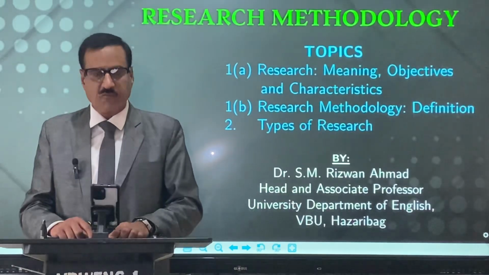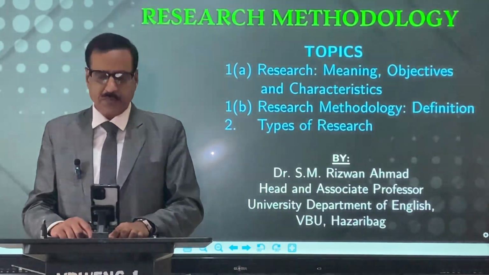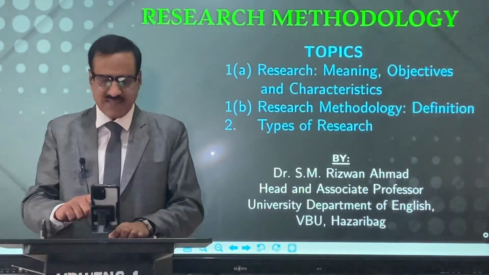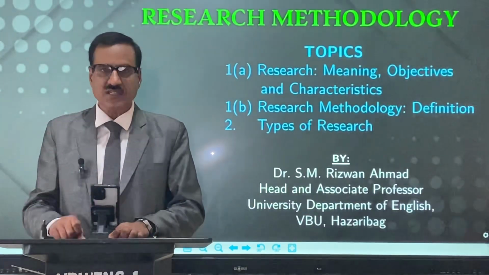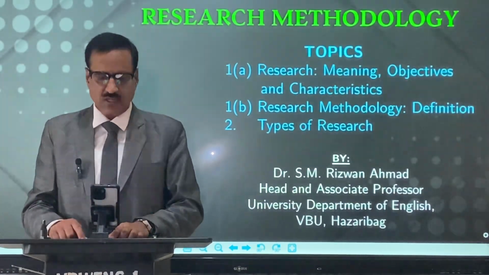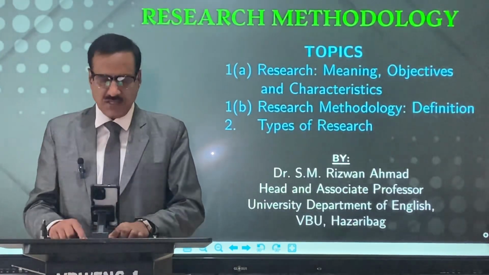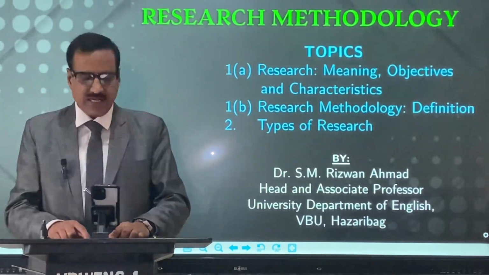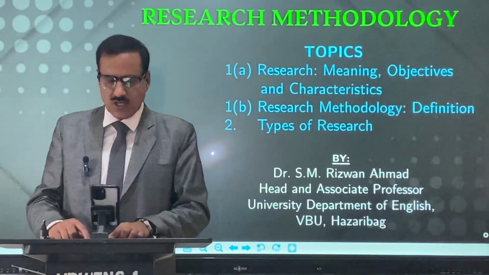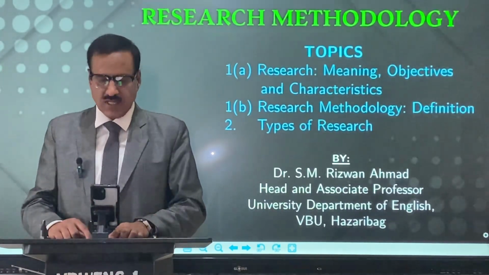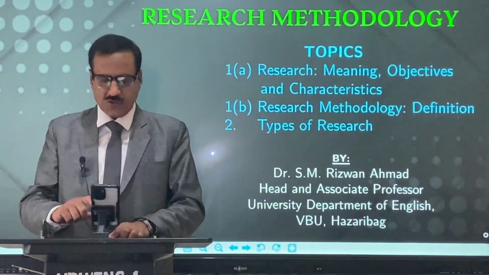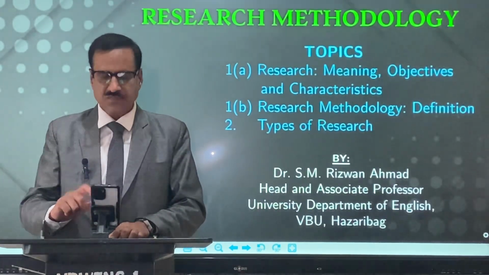Research is a process of collecting, analyzing and interpreting information to answer questions. But to qualify as research, the process must have certain characteristics. The first one, it must be systematic. Systematic implies that the procedure adopted to undertake an investigation follows a certain logical sequence. The different steps cannot be taken in a haphazard way. Some procedures must follow others.